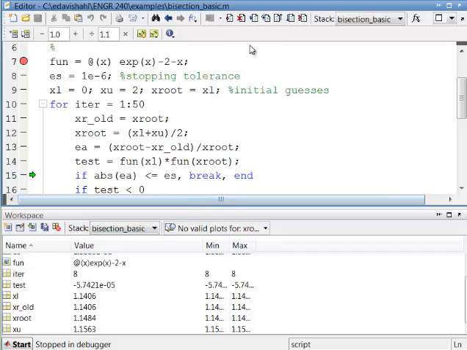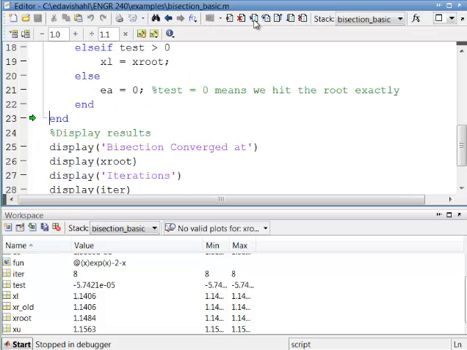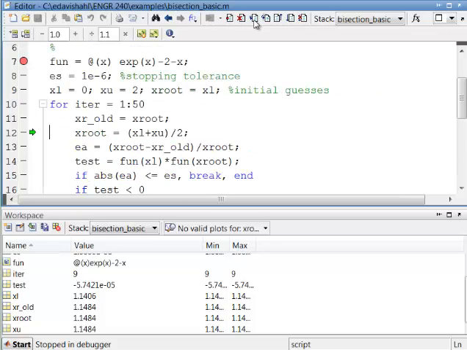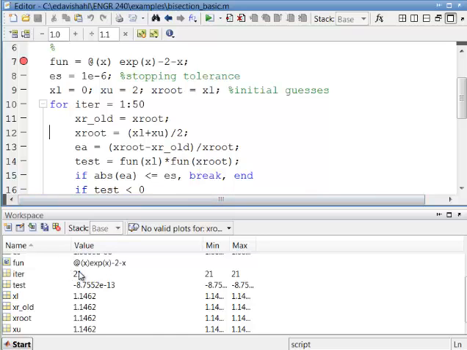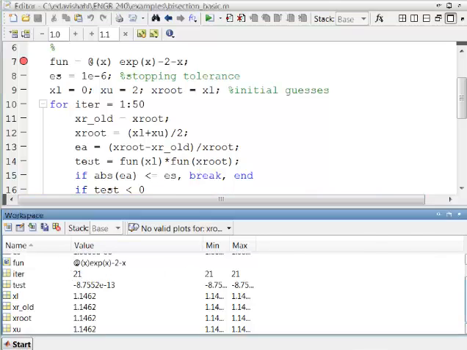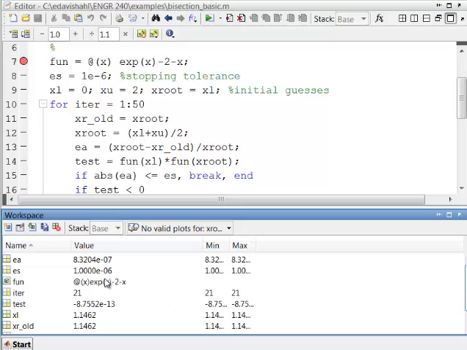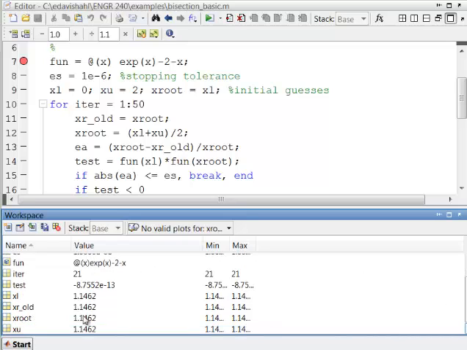Now here at the 8th iteration. And now I'm just going to continue, now that we've seen what's going on, to finish this off. And we see it took 21 iterations to converge. And the final value of EA that just got below the stopping criterion is 8.32 times 10 to the minus 7. And our root is